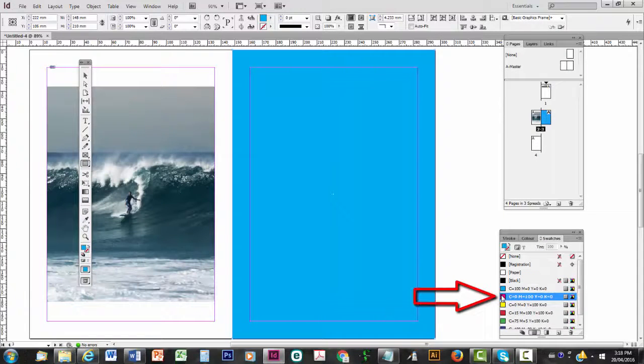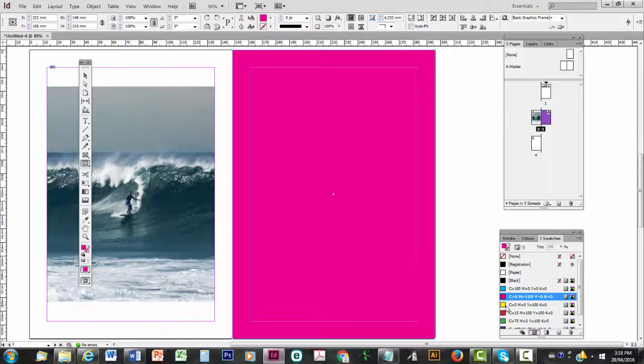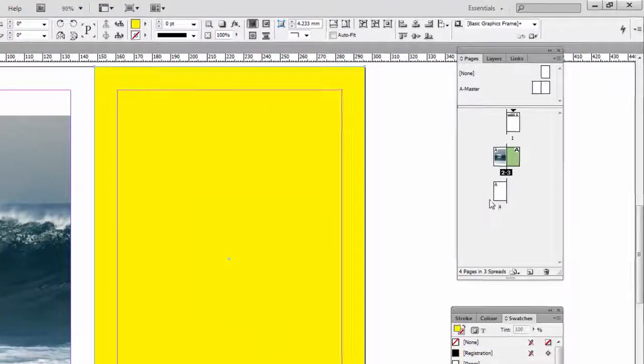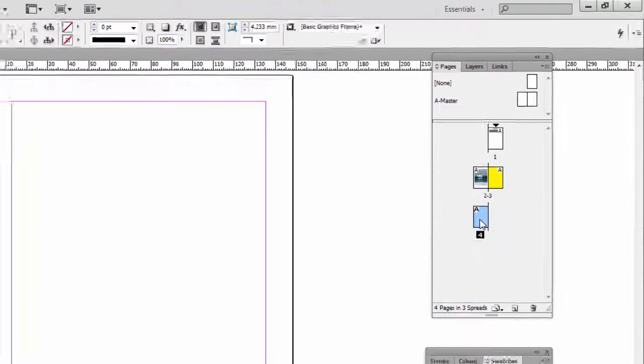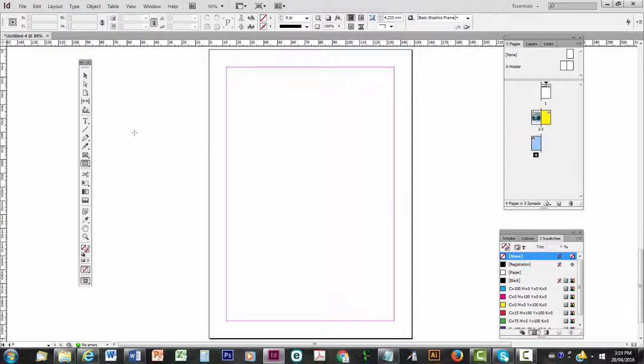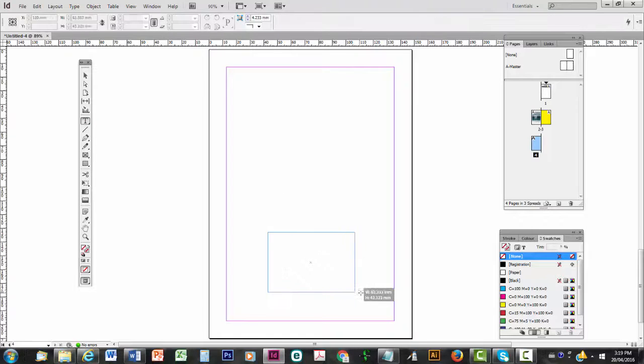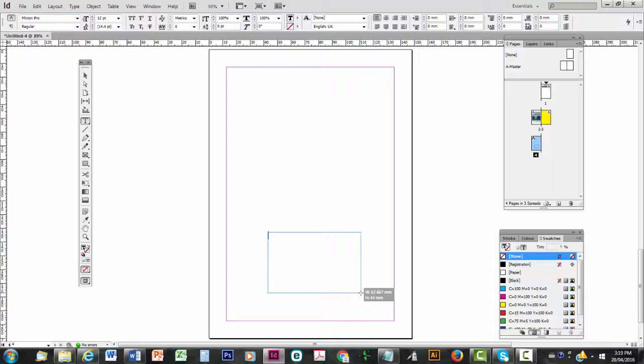Now if you want to change colour, just change it like that. I might make it yellow for the hell of it. So we've inserted a colour shape. The last thing, on page 4, I'm going to double click on page 4. And here we're going to bring all the elements together. First I'll start with a text box. I'm going to click on T, click and drag, and I'll just put a box in there and type in